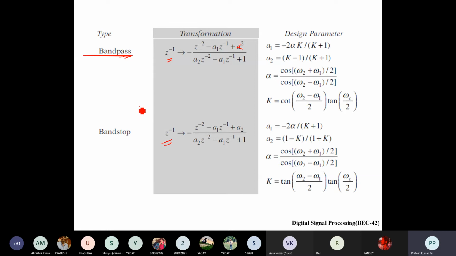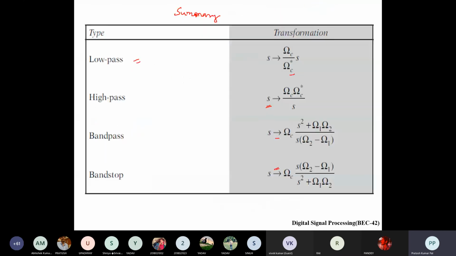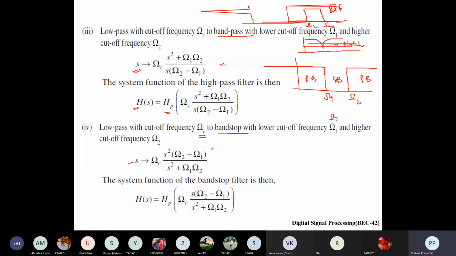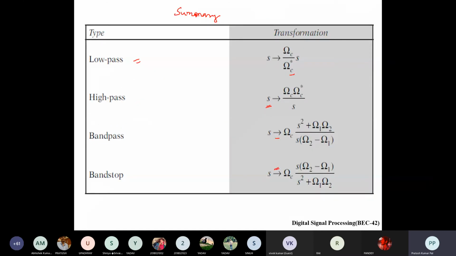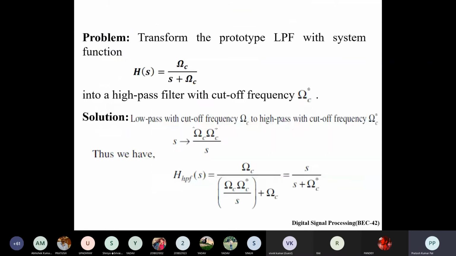The same could be done once we have the transfer function of a digital filter. So that was the basic concept while converting a frequency into another type of frequency value. This conversion from one set of frequencies to another is called frequency transformation. With respect to that, we will be converting any low pass filter to any other desired filter specification. We will take an example of how this works.